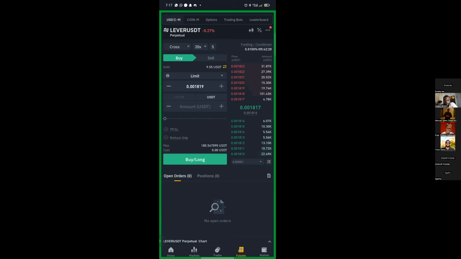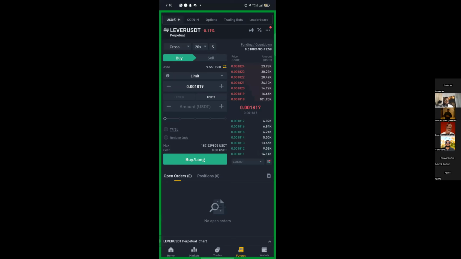Now you're given a trade to enter this coin. Liver, this is liver against USDT. That's the pair. Now it depends on you. If you want to use cross, you can use cross. If you want to use isolated, you can use isolated. I will talk about all these things when I want to go into it. For the beginners, I will explain this. I just want to show us how to enter a trade based on the signal that you have